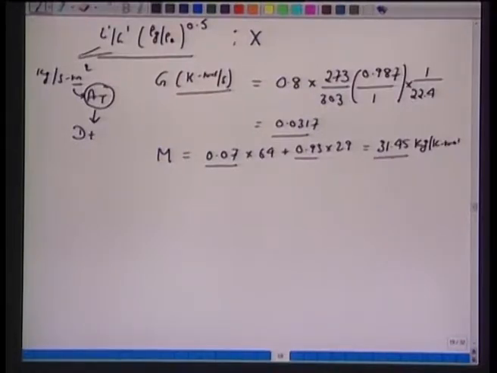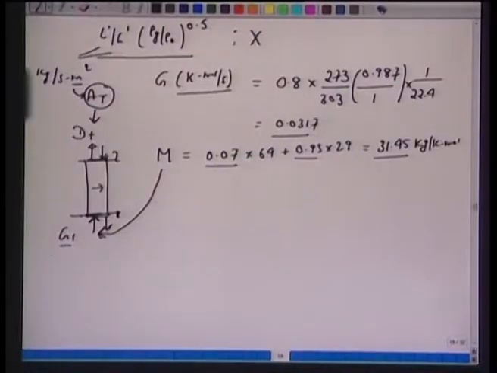Now, it is also important that we understand that in this column the mass flow rate of the gas will change as the sulfur dioxide is stripped, it was absorbed in water or on the solvent. Essentially, we have 1 here and we have 2, and molecular weight we have calculated. I was trying to point out that this is based on G1 conditions. Why? Because at one end we have very high flow rates. So, the liquid which also trickles from this is enriched with sulfur dioxide. So, one does the calculation based on end 1 rather than based on 2. So, we have calculated this based on the 7% of sulfur dioxide in the gas phase here.